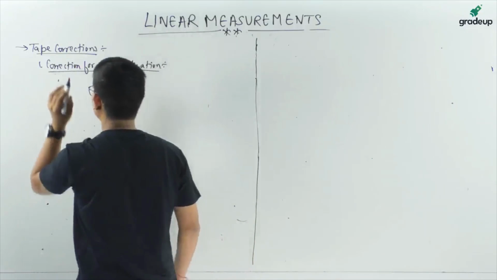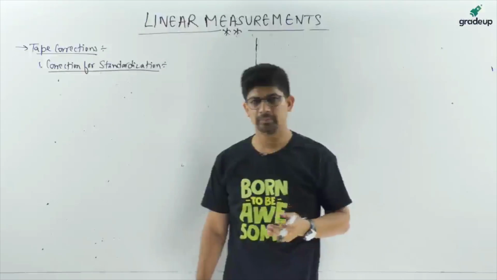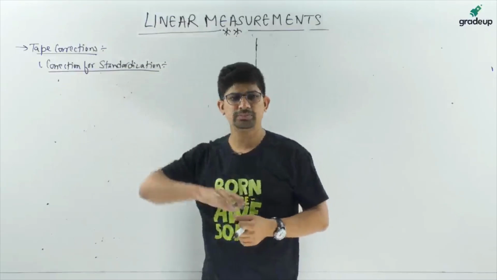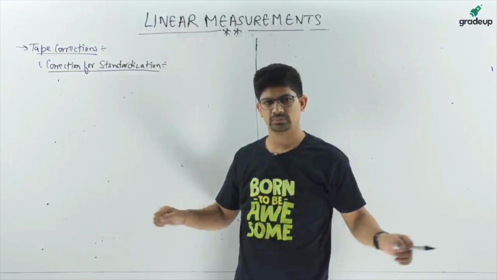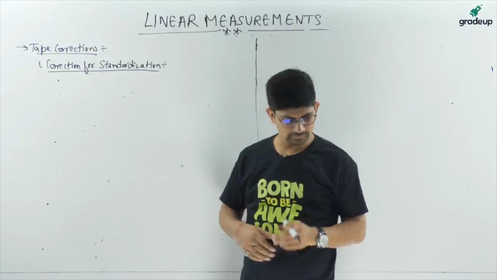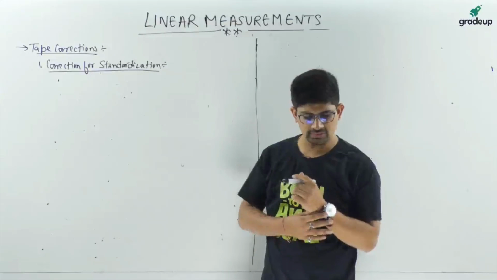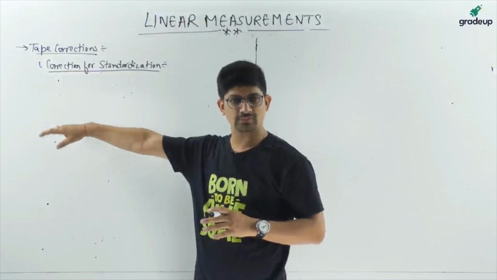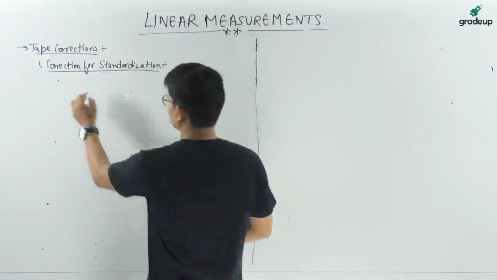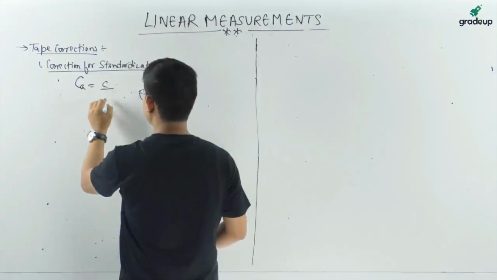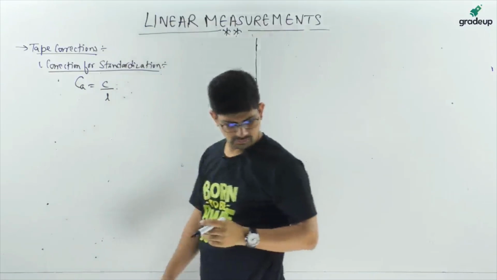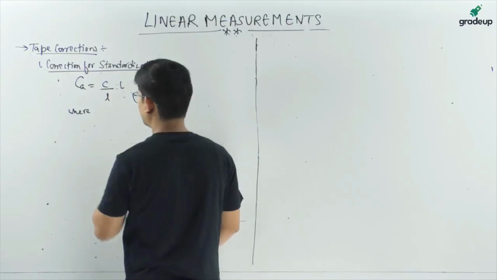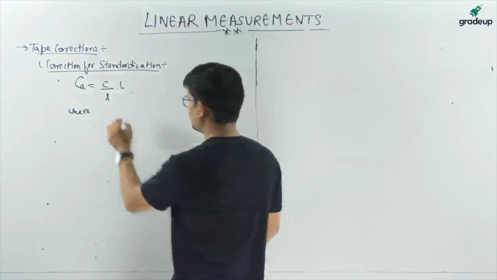Okay, so if the length of the tape changes, if you stretch it a bit more, it is applied when the actual length of tape is different from the standard length. In that case the correction Ca is C upon l into capital L. Okay, so the terms are important here. Where Ca is